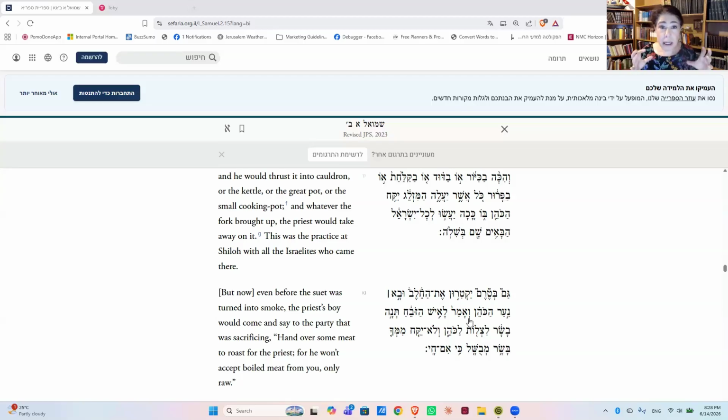In other words, they're being completely inappropriate. They're not keeping any of the rules of sacrifice. Their big thing is to grab over the meat. And they say,